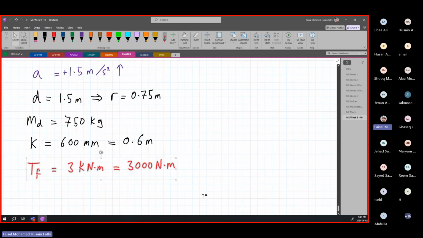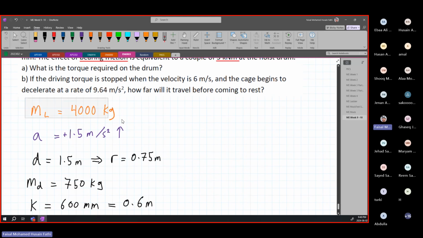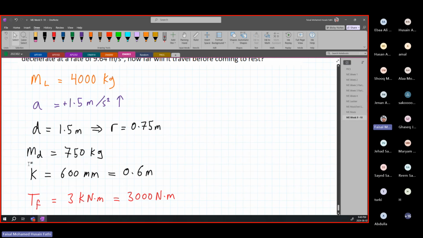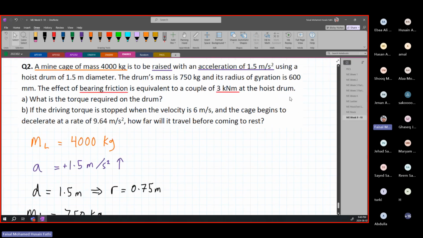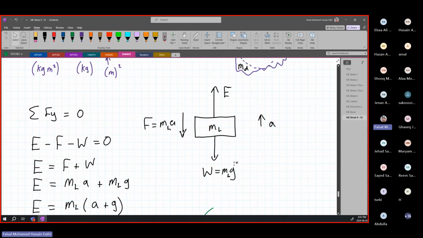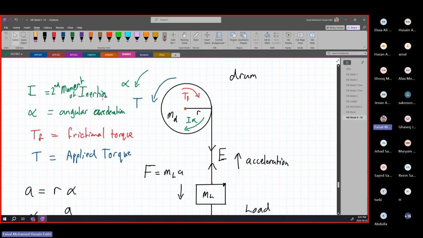So far we have TF. We have our mass for the load and the mass for the drum. We have our acceleration. We have our radius. And we have our radius of gyration and the mass of the drum, which I already said. First question says, find the torque required on the drum. Okay, again, if we're going to be looking at this